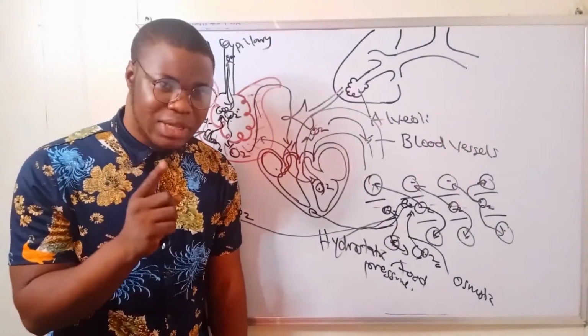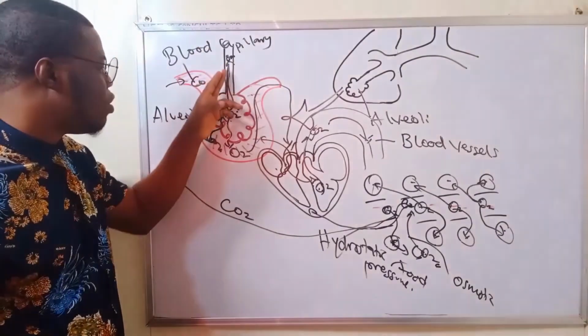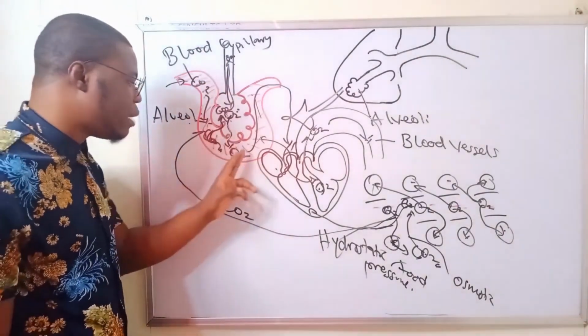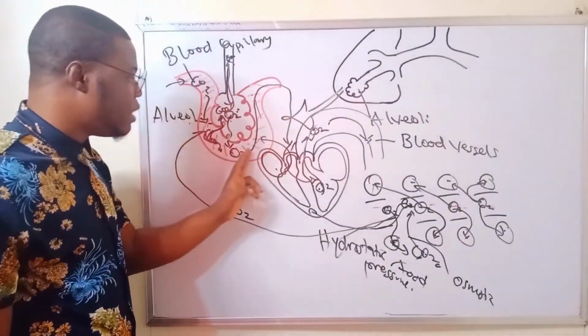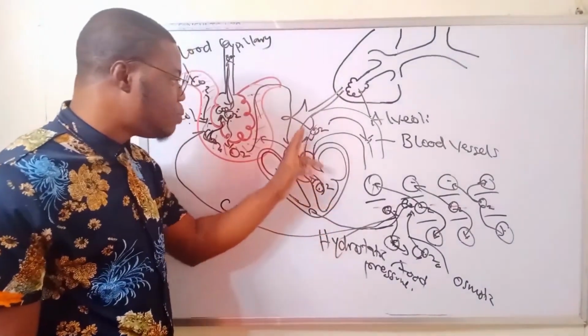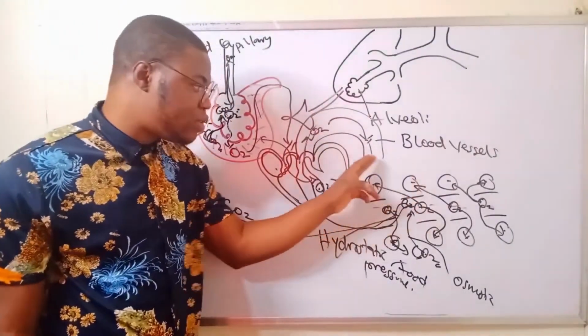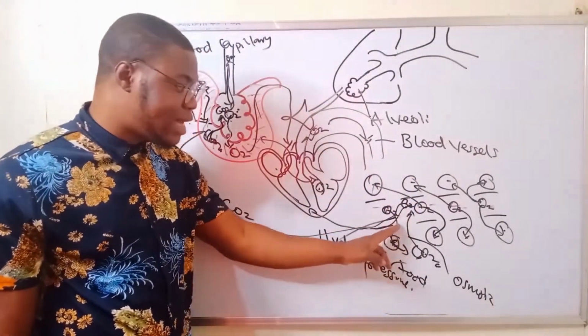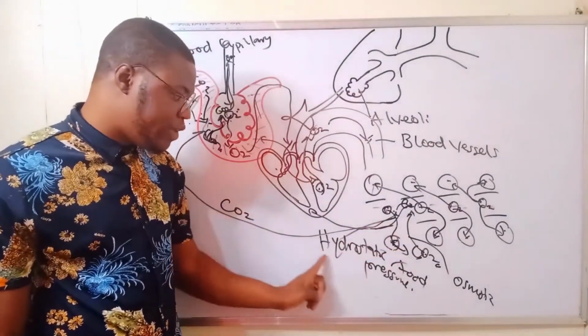Now let me take it one more time. When we breathe in, oxygen goes down to the alveoli, from the alveoli into the blood capillary surrounding the alveoli. From there, the blood capillary will take it down to the heart, and the heart will pump it into blood vessels. And blood vessels will end up in what? In the capillary bed. So at that side, oxygen will diffuse into the cells with the aid of hydrostatic pressure,